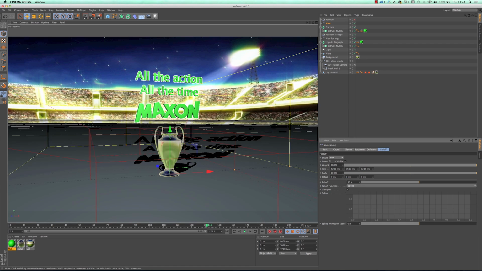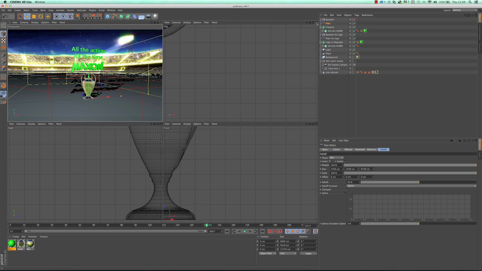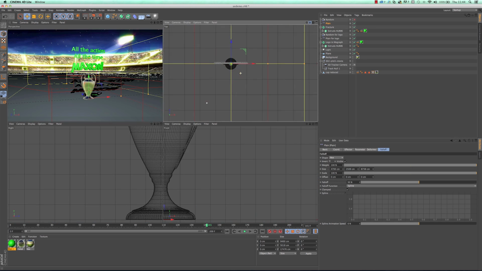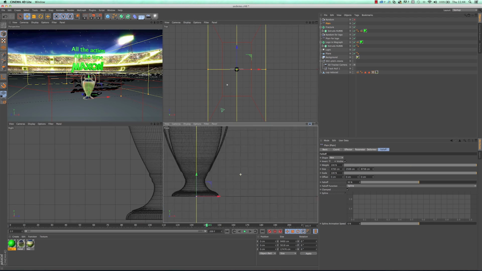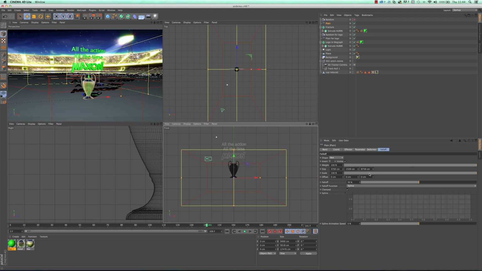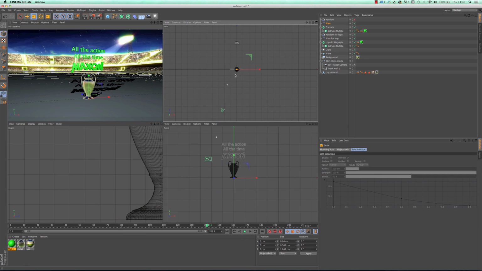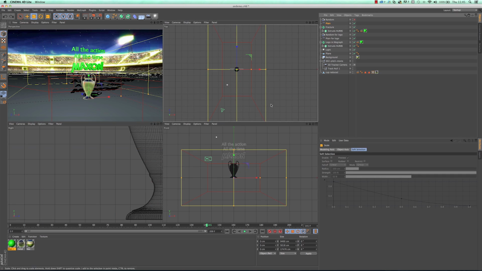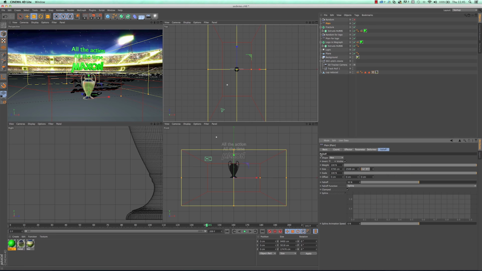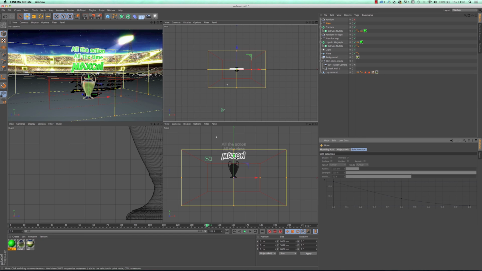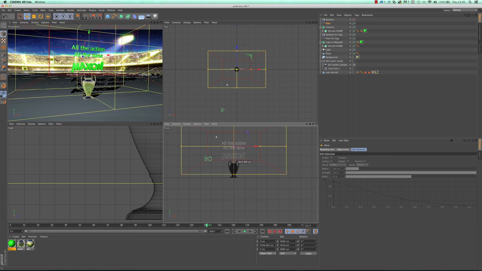So I've got this big box here, and you can also work with orthographic views if you want. There's a little icon here, and then I can look at the orthographic views. So I can see that's really deep. It probably doesn't actually need to be that deep, so maybe we change that. Of course you can scale this as well. You can do a uniform scale there, or I can type in a number. So I'll make that, I don't know, 3000. There we go. That fits a bit better, and then I'll drag it up so it's around the text.